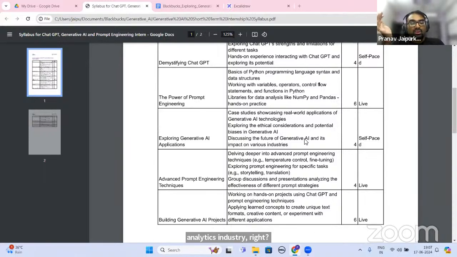And how generative AI is affecting all of these industries all around the world, and how you can use generative AI in your own job and enhance productivity. With the advent of ChatGPT, a lot of people are feeling that jobs are going, right? But the reality is that it's not that jobs are going. The real thing that is happening is that with the help of generative AI, people are becoming more productive, right?